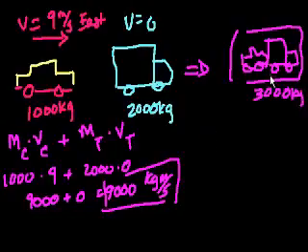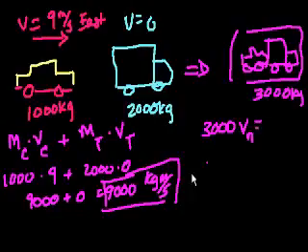And now we can use that information to figure out its velocity. How? Well, its momentum, this 3,000 kilogram object's momentum, has to be the same as the momentum of the two objects before the collision. So it still has to be 9,000 kilogram meters per second. So once again, mass times velocity. So mass is 3,000 times the new velocity. So we could call that, I don't know, new velocity, v sub n. That will equal 9,000. Because momentum is conserved.